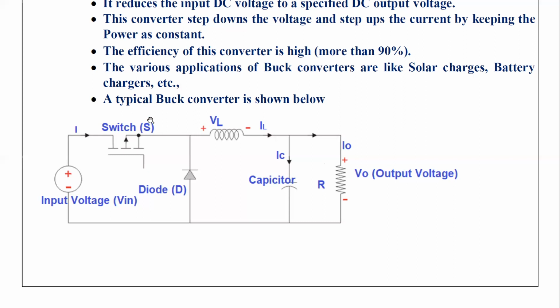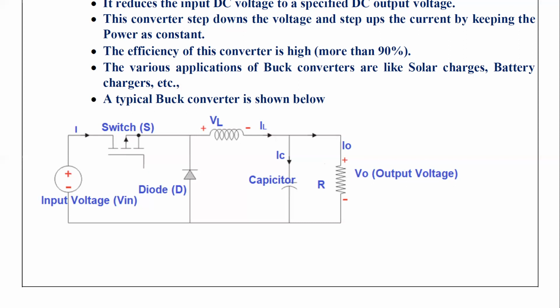That can be done by using power electronics devices such as BJT, MOSFET, and IGBT. You can use any one of the power electronic devices for switching on and off of the circuit. Here I can use BJT, or MOSFET, or IGBT. If you are using a BJT, bipolar junction transistor, you require an additional commutation circuit for turning off the BJT. Therefore, the complication will be more in the circuit. That is the reason why I am using MOSFET or IGBT here.